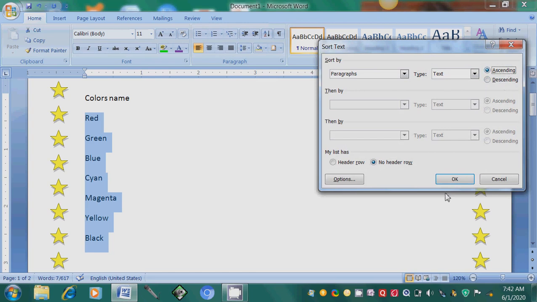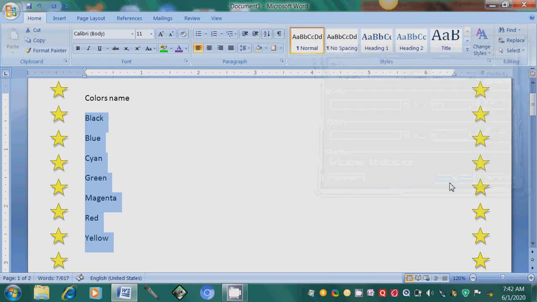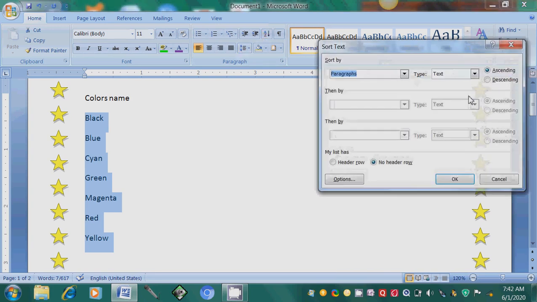Ascending order is A to Z, descending is Z to A. Now black, blue, cyan, green, magenta, red, yellow. This way colors are being sorted. Color names are being sorted by this button. We can choose descending order also. And if we have different columns, then we can select these options also.